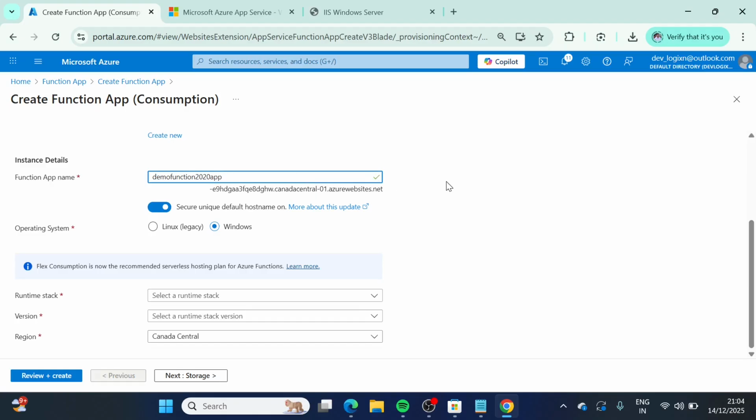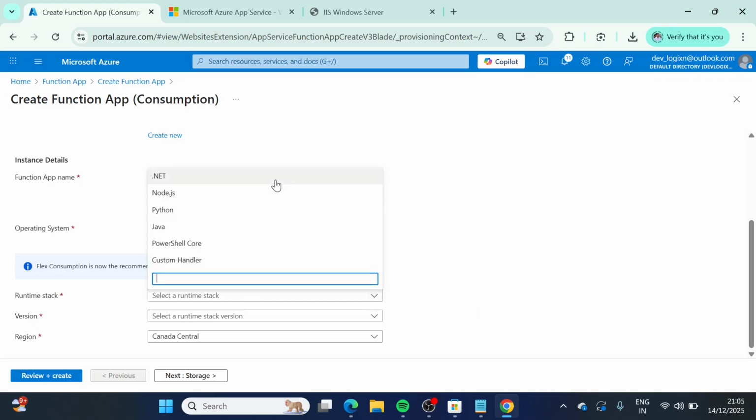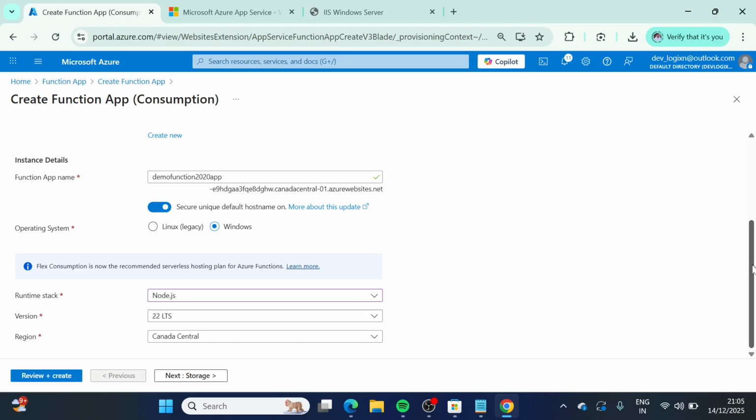So we need to give a unique name because it will be part of a URL, and we can select .NET or Node.js or Python. If I select Node.js,